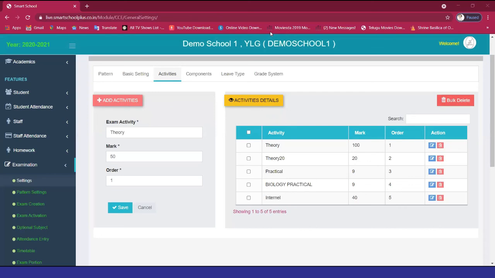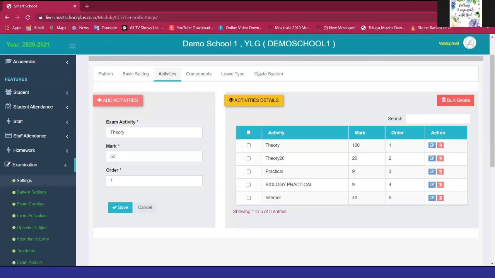So if the participants are having doubts, they can always raise their hand. I think Madam Priya has raised her hand. Can you please unmute, ma'am? Yes, good afternoon, sir. David, sir, I have a doubt in the exam settings, the basic exam settings.